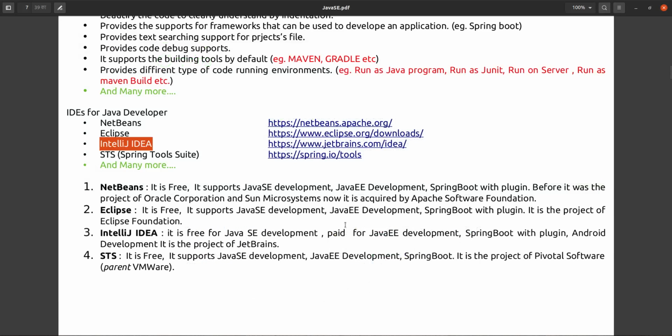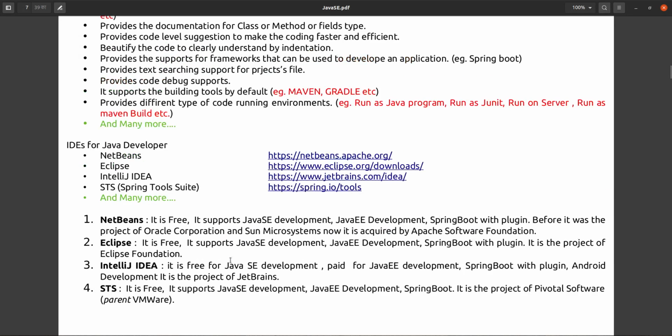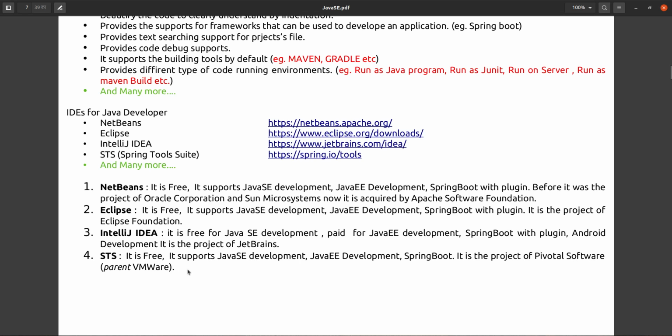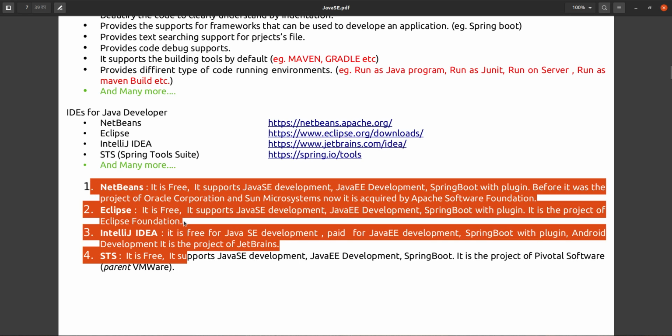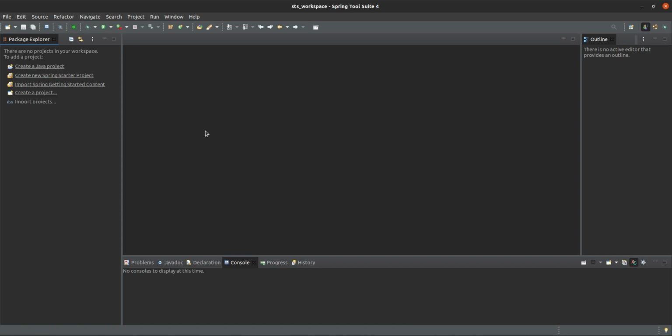Okay, so next we will see how we can create a Java project in STS. So I am opening my STS. This is our STS. When you freshly open it, it will come like this only. Sometimes it will ask you for a workspace. A workspace is nothing but any directory you select, that's it.